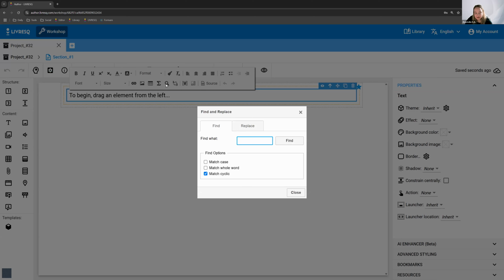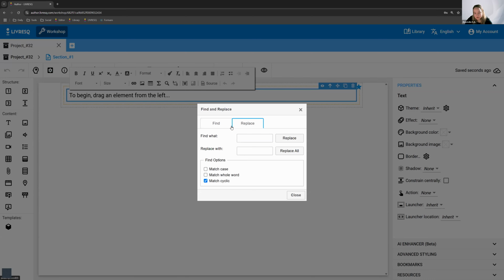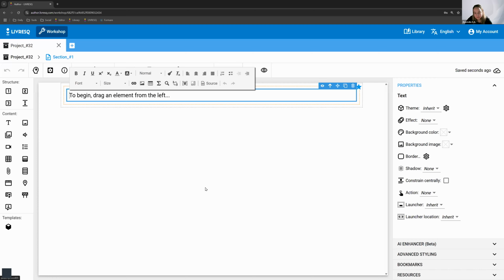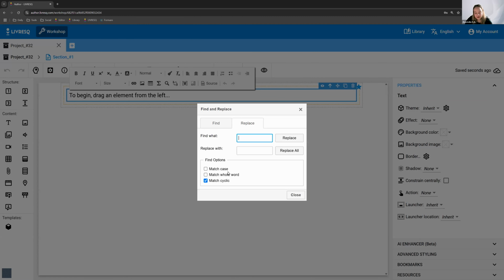You can access the find using the magnifying glass here. You can switch between finding and replacing like this, or you can access replace straight from this button. So finding and replacing, if you have a lot of text on the screen, it's really useful. It works on a single text box at the minute. So if you have multiple text boxes in a section, then this will not function for multiple ones, because the